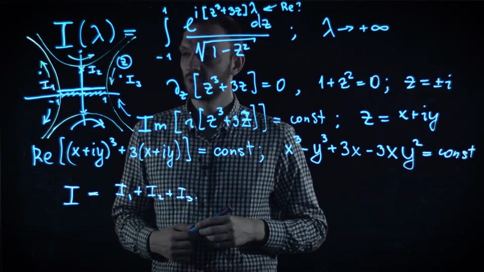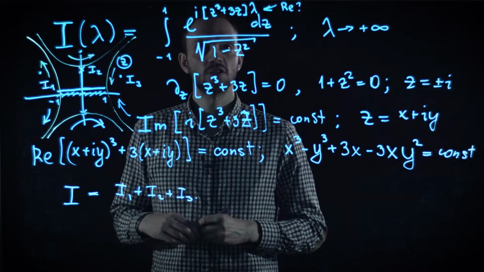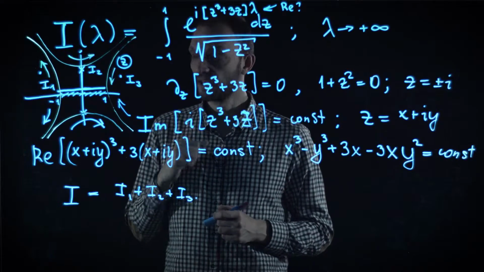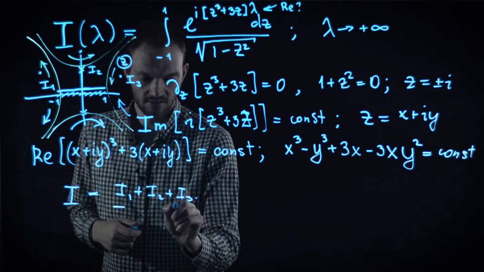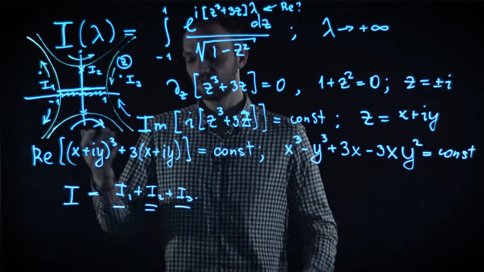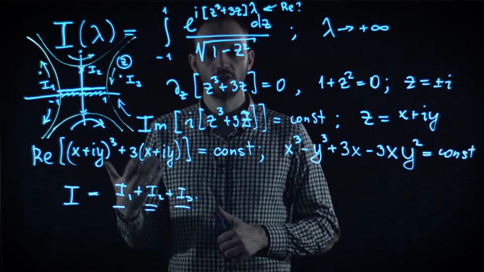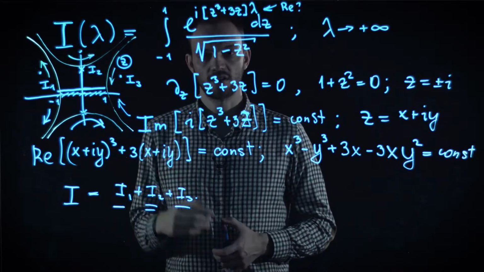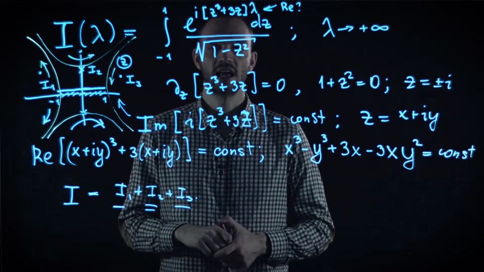Now we are coming to an important point. We need to decide for ourselves which is actually the dominating one. And in order to understand that, recall our general method for calculation of the asymptotics. Please observe that this couple of integrals is very different from this one. In fact, the most important difference between them is that I2 is effectively an integral evaluated over an infinite domain, and I1 and I3 are evaluated over finite domains. So we know from the discussion of the Laplace technique that the methods for estimations of these two types of integrals are very different.